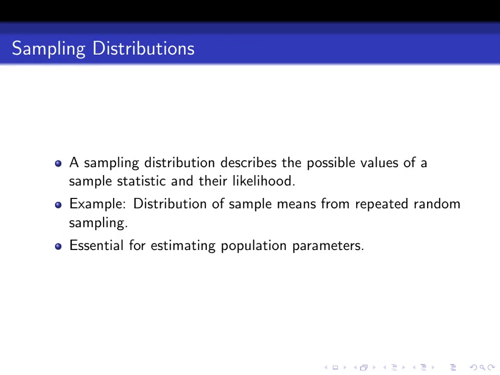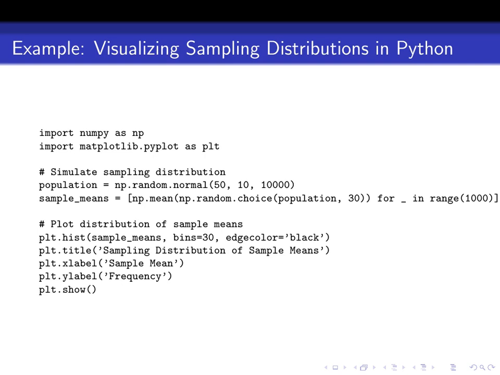Sampling distributions describe the possible values of a sample statistic and their likelihood. For instance, the distribution of sample means obtained from repeated random sampling forms a sampling distribution. These distributions are essential for estimating population parameters. In this slide, you see Python code that visualizes a sampling distribution by simulating repeated sampling and plotting the resulting